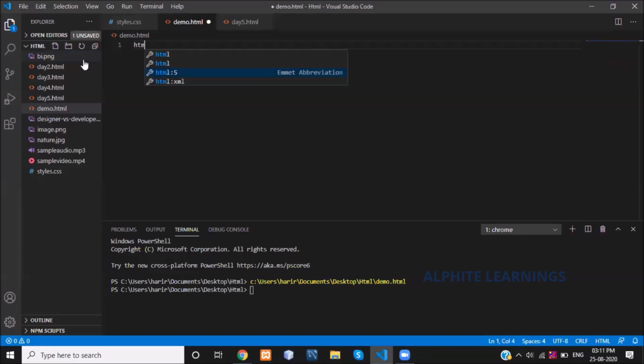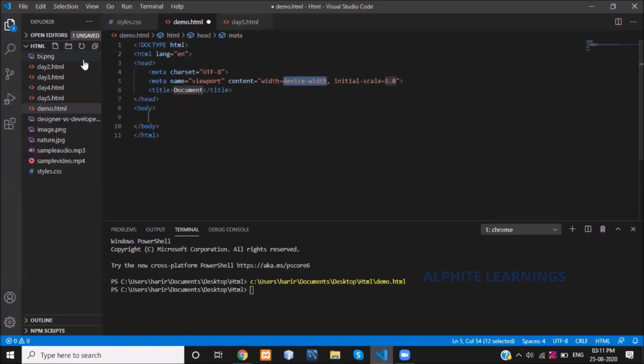The first tag as usual, html:5, to get my HTML structure. I'm giving the title as demo website. Okay, I've given the title called demo website, right?